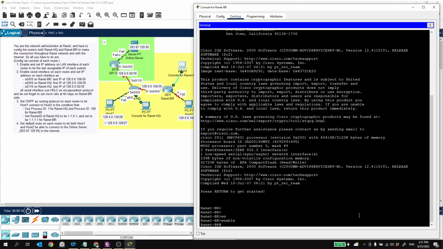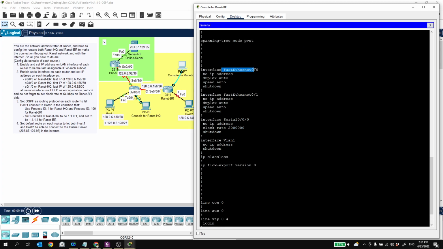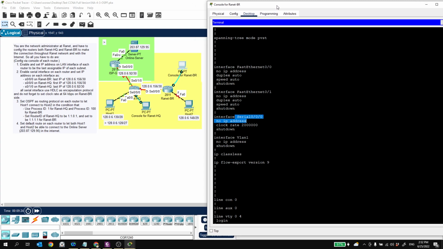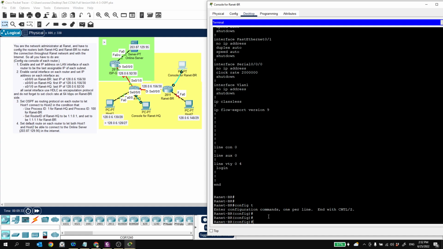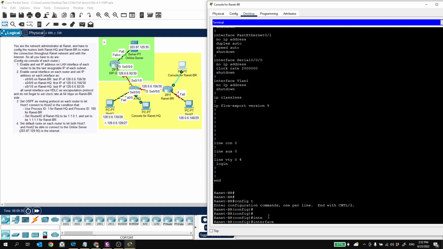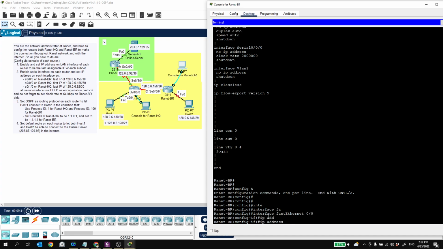Enable and then show run. Okay, we have FA 0/0 and we have serial 0/0 to connect to the Ranet HQ. I will first enable LAN and then IP address 128.0.6./29, the last of /29 would be